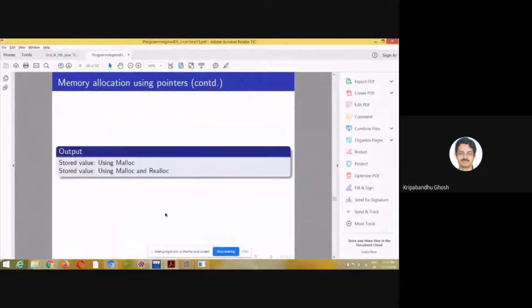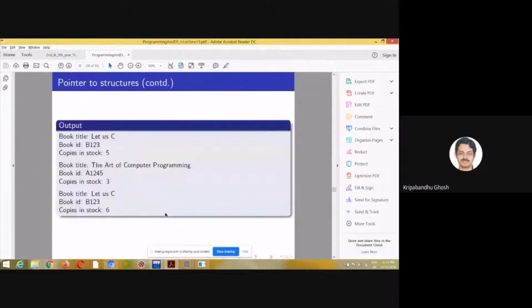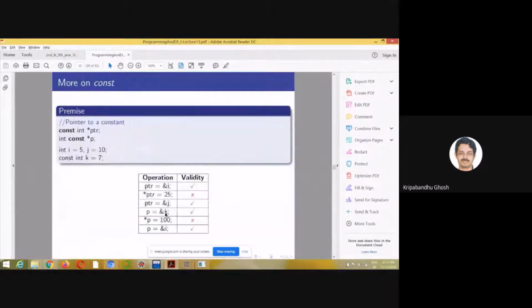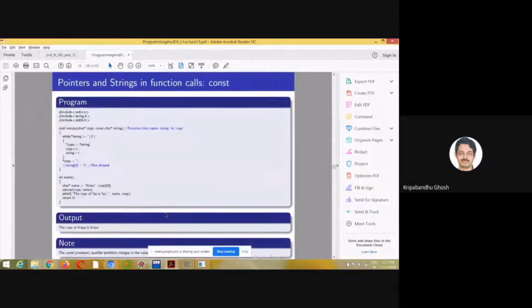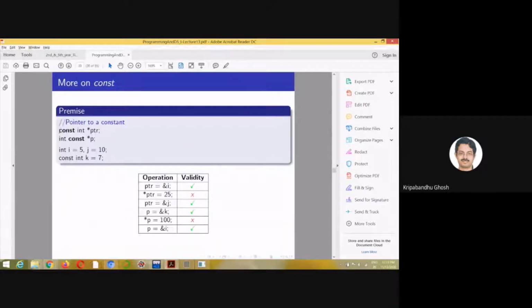And there is another part, though I introduced the concepts to you, but I did not explain the consequences of this. So I talked about the constant qualifier, right? I talked about if you use constant, what are the consequences. So I explained if I put a constant before star, it means that you can change the address, but once you are pointing at a particular address, you cannot change the value.